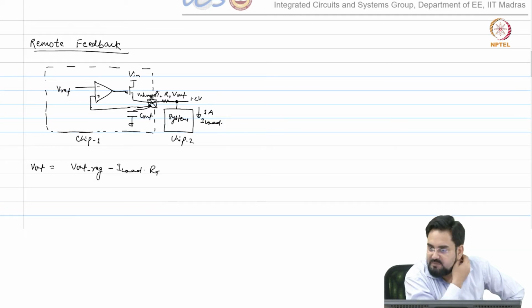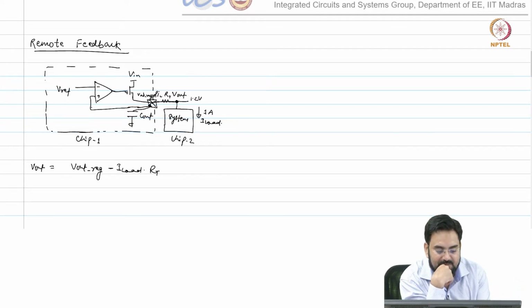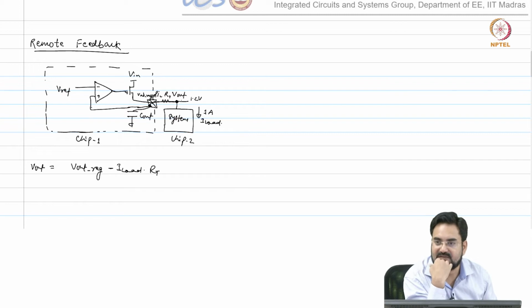So you move your feedback point. Ideally, I want to sense the point which I want to regulate. So why do I need a feedback from the pin? I would like to take the feedback from the remote point.